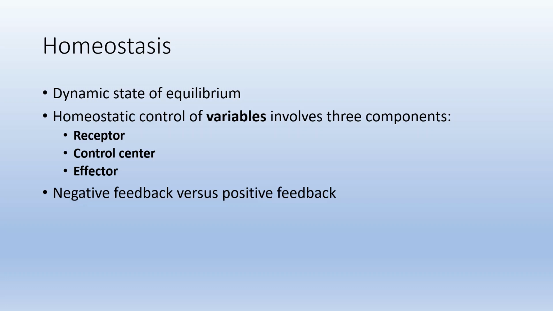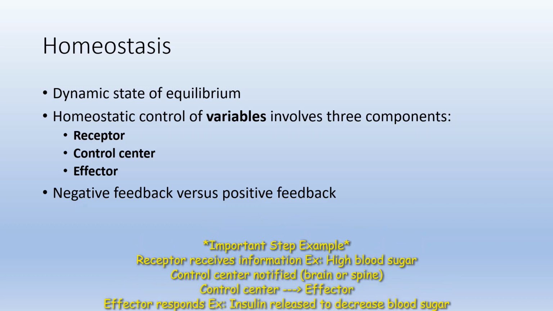In this case, the receptor will detect that change in the variable, or it will detect the stimulus. For example, if you experience a drop in blood sugar, the receptor will detect that in the bloodstream. If you experience an increase in body temperature, the receptors in the skin or throughout the body would detect that